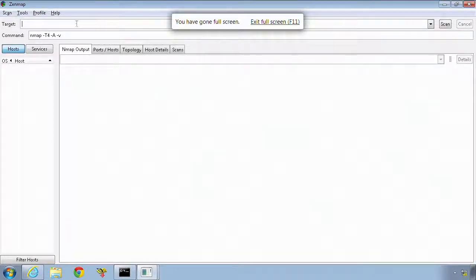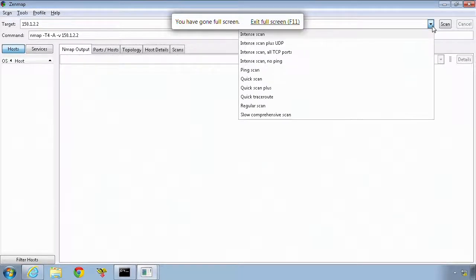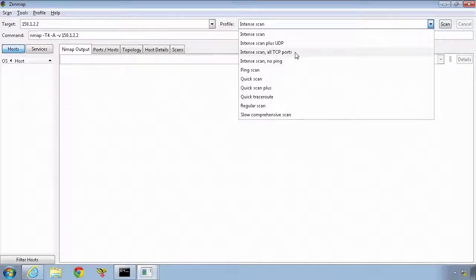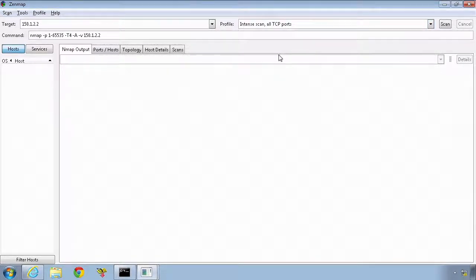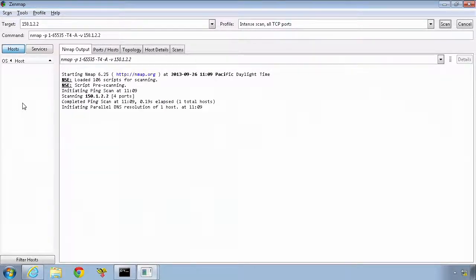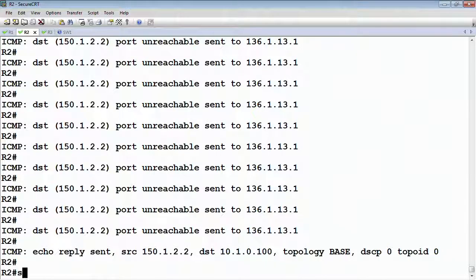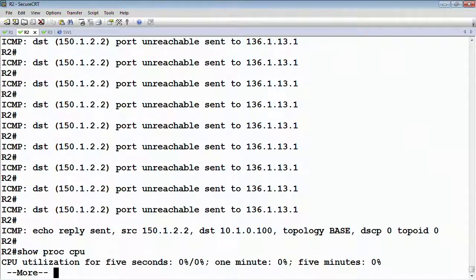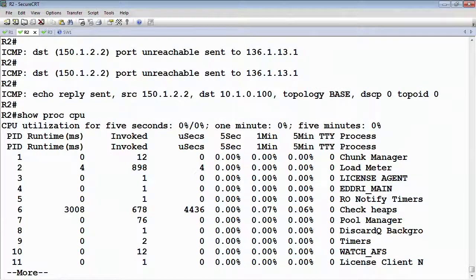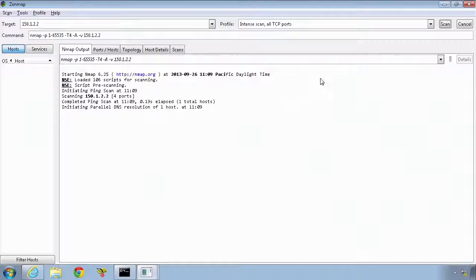So from here, I'm going to say that router 2 is the target, and we're going to do a full scan. Let's say every particular port. So an intense scan of all TCP ports. Now, if we look at router 2 and look at the show proc CPU, right now it's trying to do DNS resolution. Once it actually starts to do